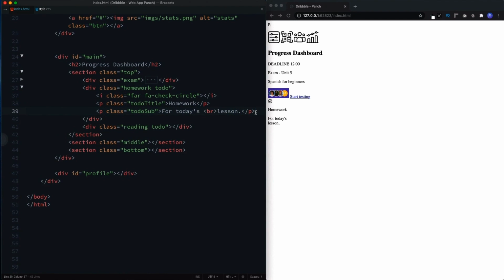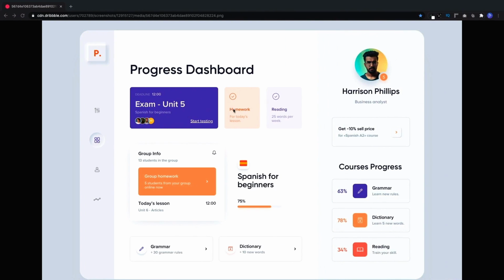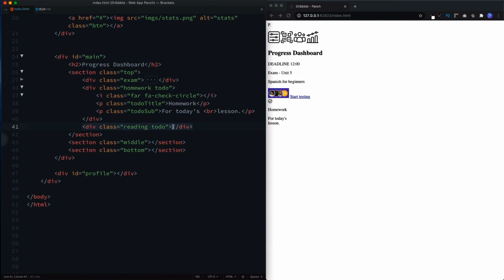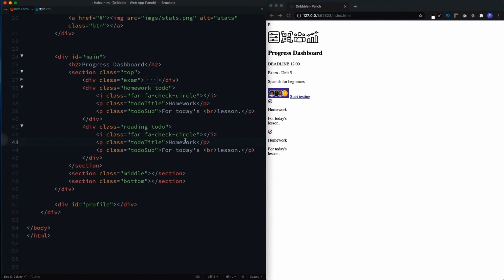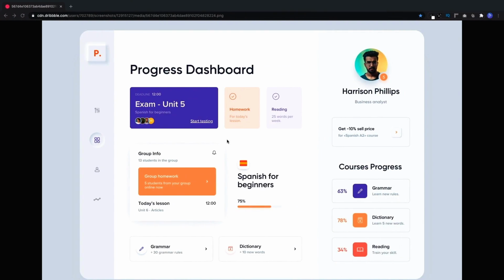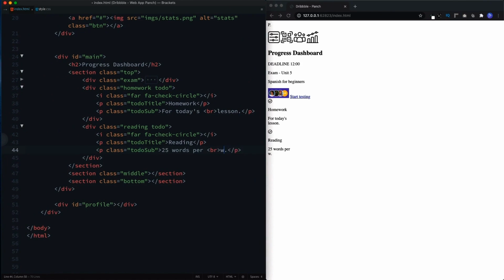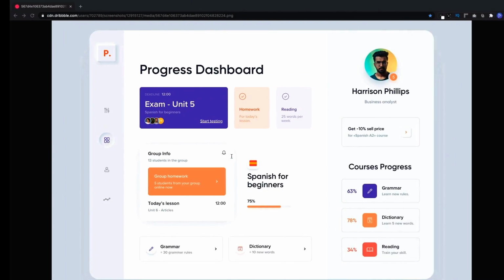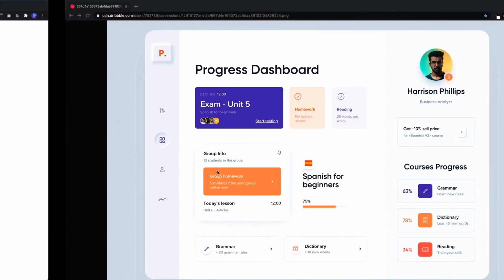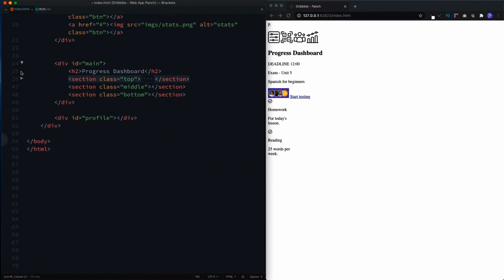Okay, so we can actually go ahead and copy this because this element here is pretty much the same. So just going to go in, so we just change this to reading, and the text is 25 words per week. So there we go. So that's this top section now complete. Let's now work on the middle section. So let's go ahead and close the whole top section now actually, and now we can work on the middle